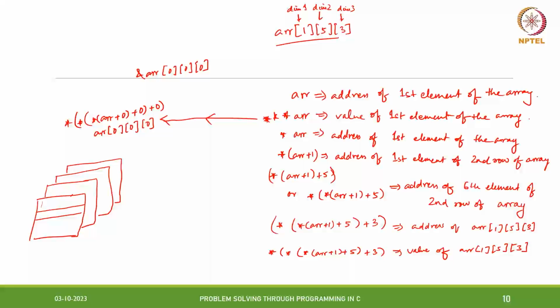So that means you moved in the, okay, I shouldn't write sixth element. So basically I moved along the column now. So these are the columns like this, right? Now what I did, I was pointing to the entire second row, the first element I was pointing to. Then I moved by 5 units and now I am pointing to the sixth element of the second row of the array. So when I'm saying this entire expression ARR plus 1 star plus 5 star,